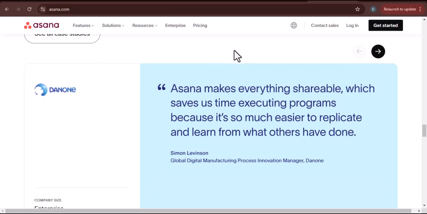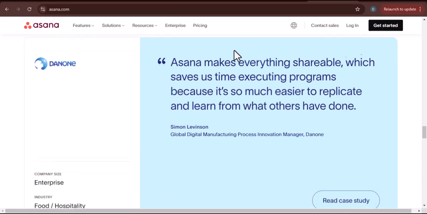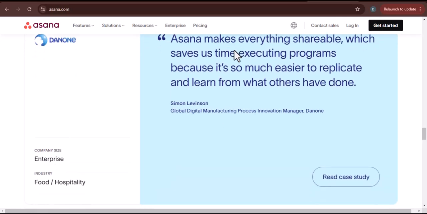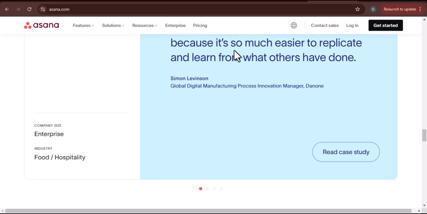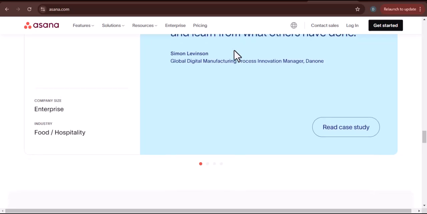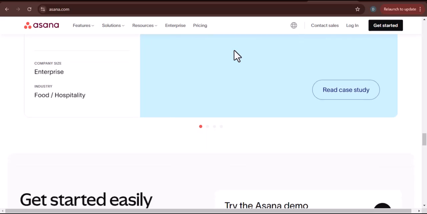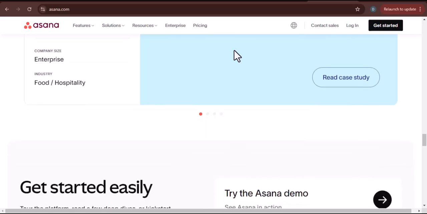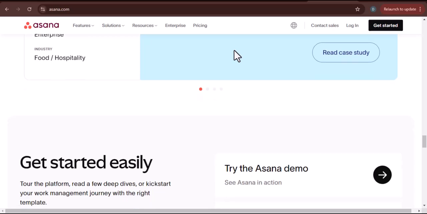And finally, let's talk about a few of the smaller but still significant frustrations. For a tool so focused on project management, Asana's built-in time tracking and reporting capabilities can be a bit basic, especially on the lower-tier plans. If you need to invoice clients based on time spent or get detailed analytics on team performance, you'll often have to integrate with a third-party application, which can add another layer of complexity and cost.